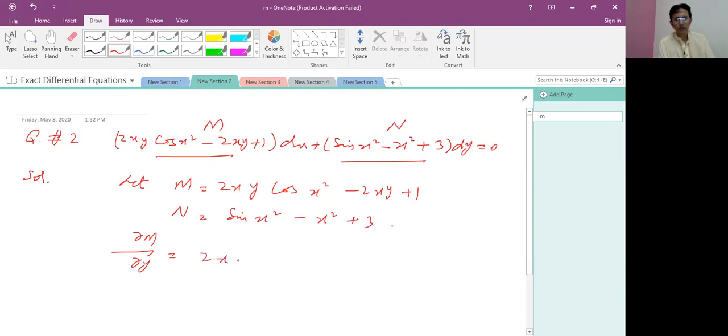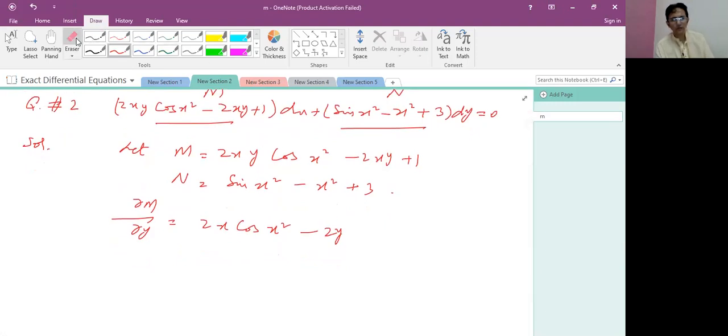It is 2x cos x^2 minus 2y with respect to x, 2x, because the derivative of y is 1. So minus the constant, the derivative of a constant is 0. So ∂n/∂x, with respect to x, the derivative of sin x^2 is cos x^2 times the derivative of x^2, which is 2x, minus 2x. It should be 0. So student, therefore,